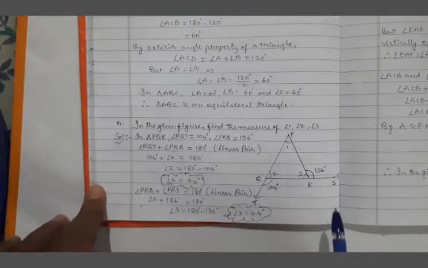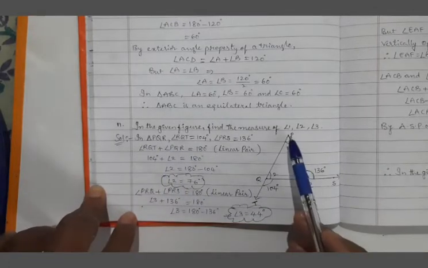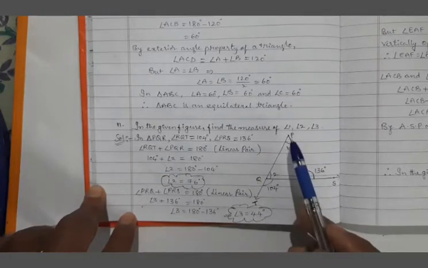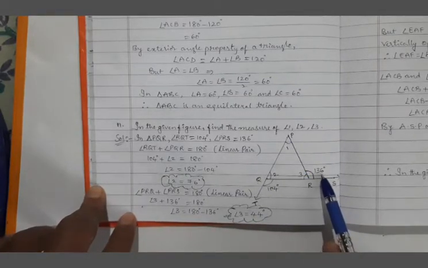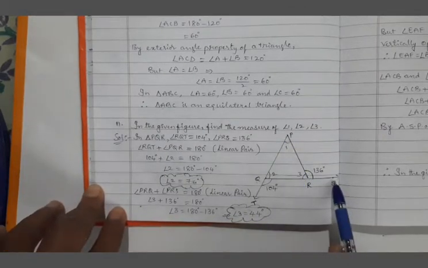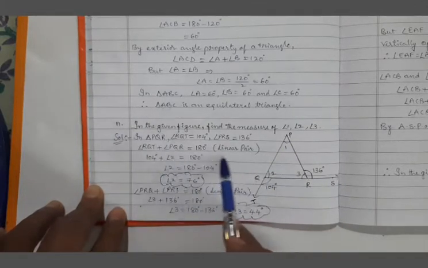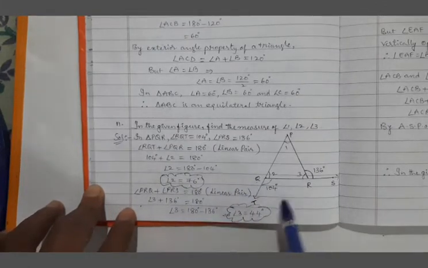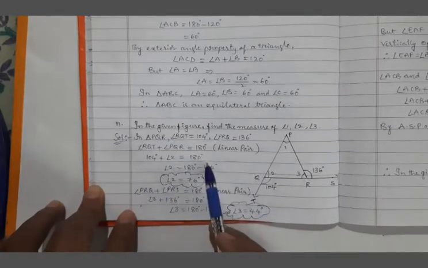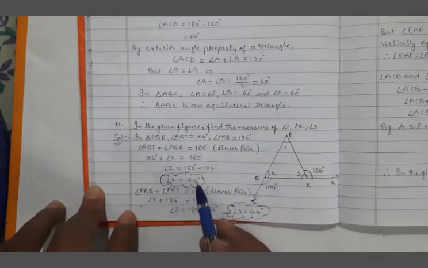Now, find out. What is written in triangle PQR? Exterior angle RQT is equal to 104, PRS is equal to 136 degrees. I marked. Next, you see here angle PRS and angle PRQ, the right one and the left one together form a linear pair. So here also the same. Angle 2 and 104 degrees form a linear pair. So angle 2 is equal to 180 minus 104, that is 76 degrees.